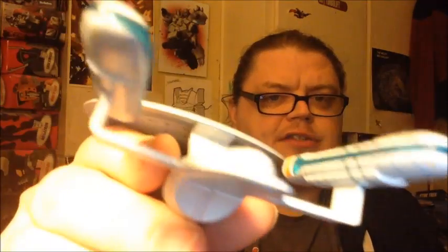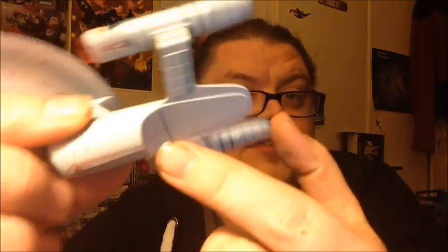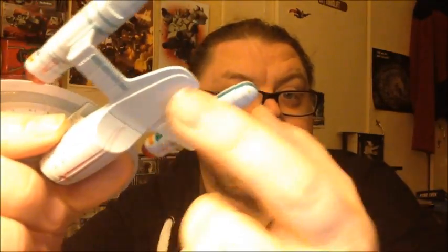But I mean, hats off Eagle Moss. What were the last two we got? The Intrepid and things like that. They were excellent, but this is just lacking. Like the Enterprise B, that was lacking as well. Like I said, that missing impulse engine at the back is a massive glaring area, and the fact that that bit underneath here is not even remotely detailed in any way, that is a serious